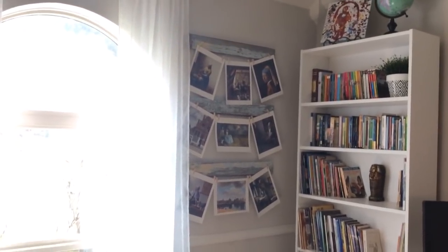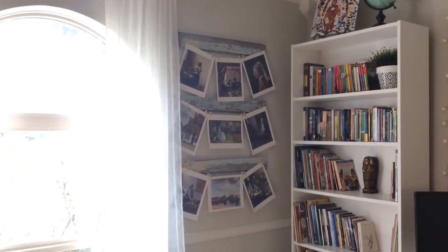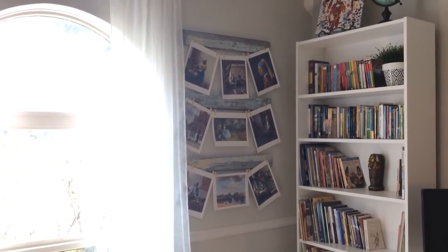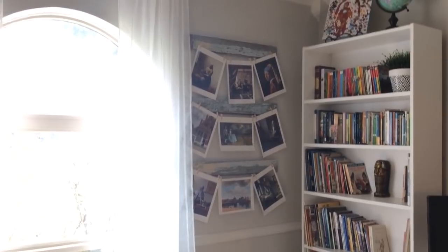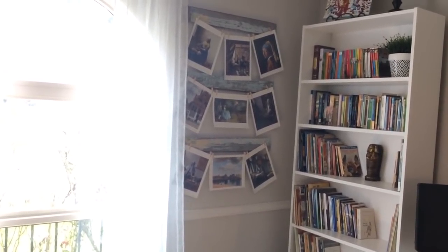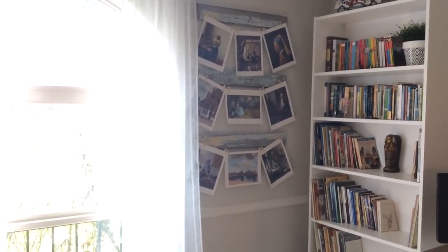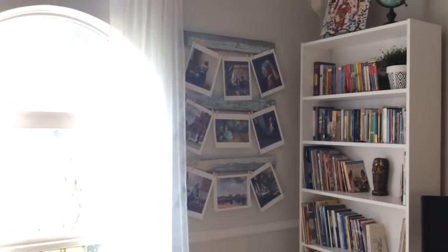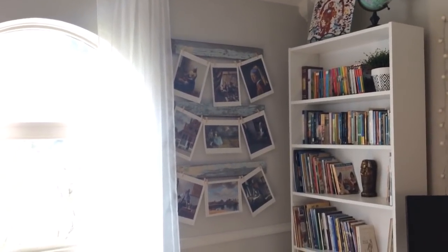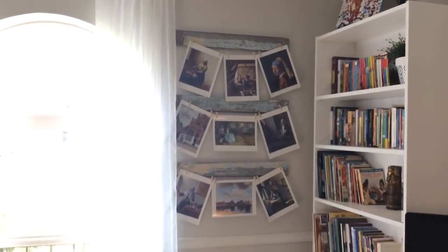And I'd seen a schoolroom on Pinterest that had some wooden, I guess, stained planks, and they had about 2 or 3 of them. And then she hung their pictures. I'm guessing it's the picture study portfolios from Simply Charlotte Mason, because they look like the ones that we have. But I was going to go get some wood, and then Guy reminded me that I got these planks in